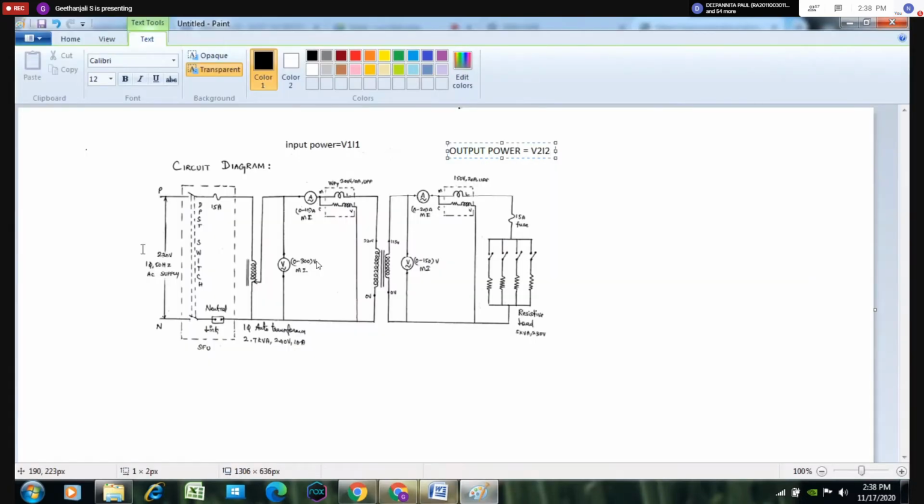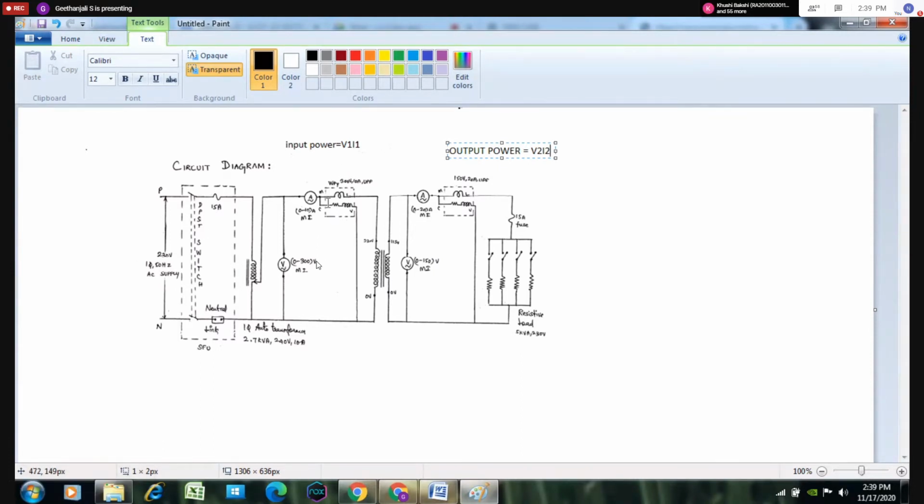In the secondary side, we need the supply, which we have given. We are not using this auto transformer at all. If you come to the lab, the auto transformer is available. In real time, if you give 230 volts directly, it will affect the primary winding of the transformer. But here we are doing the experiment in the E circuit only, so we can give the supply directly to the primary winding. It will not damage the primary winding of the transformer. So directly we are connecting. There is no need of the auto transformer here.